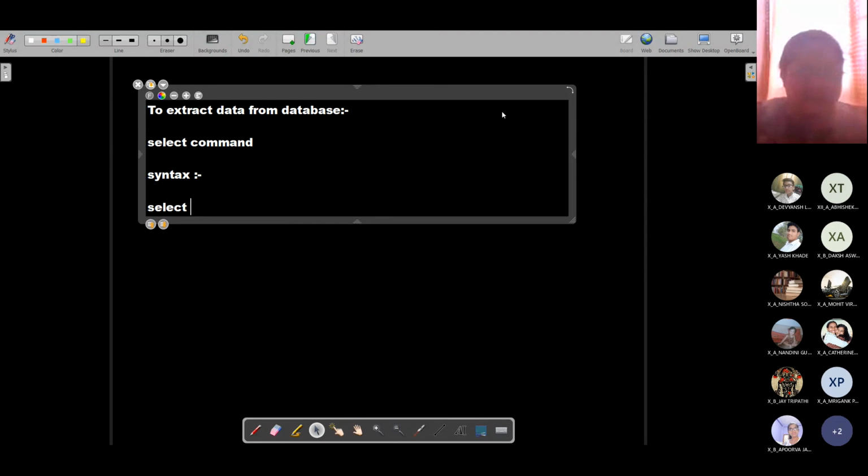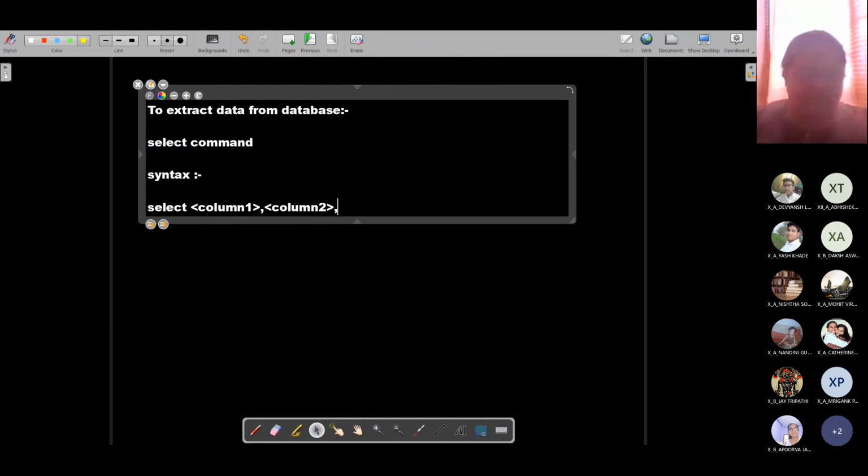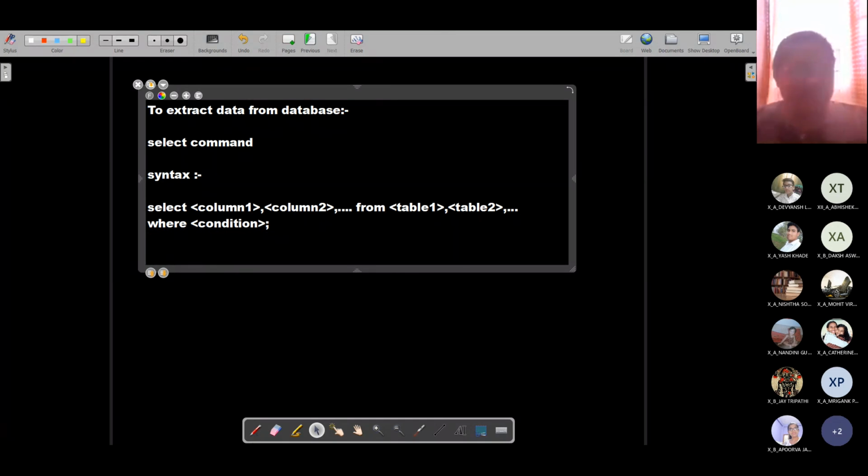Select column list, column 1, column 2, etc. That is a list of columns you can provide over here without any bracket, from table name, table 1. Now it can also accept more than one table. So table 1, table 2 and so on, where condition. Right? So this is the syntax of select.